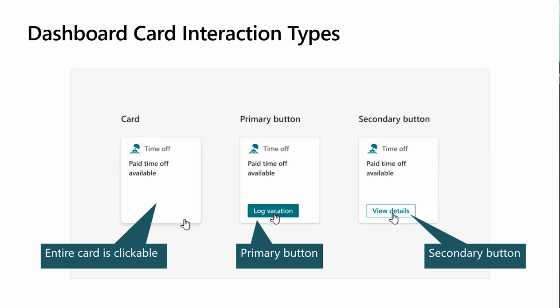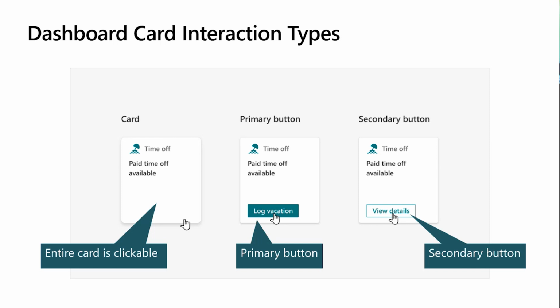Simple is good. When we talk about interaction, and this is the last point, we're good on time, there's 3 ways to interact with a card. You can make the entire card clickable, so I don't have to do anything except click on the card. You can also add buttons, and you have primary. You can see that has the bold color for the button background and white text. And then it's the converse for a secondary button, reflecting the prominence or the importance of that task.